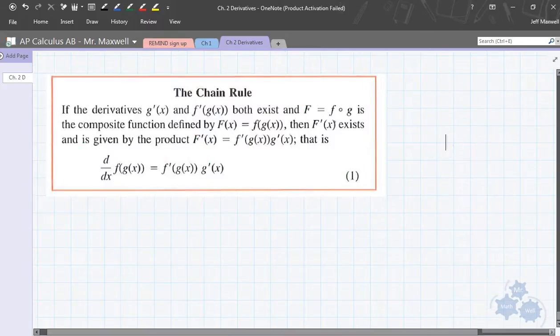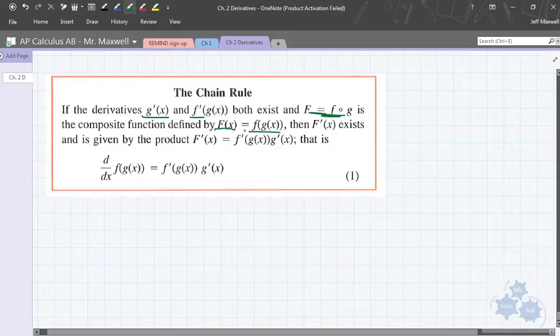So in summarizing the chain rule here, this is right from your textbook. The chain rule says this: if you have, now let's just skip ahead, here's f of x, and it can be written as a composite function of two other functions. So this is actually capital F, so we've got little f and g of x, right? If this can be written like this, and the derivatives of g and of f exist, which they will for most of these examples we're going to do, so it will not be an issue,